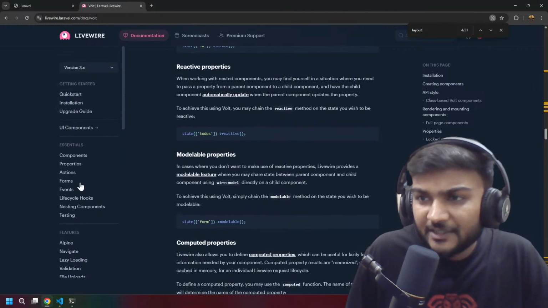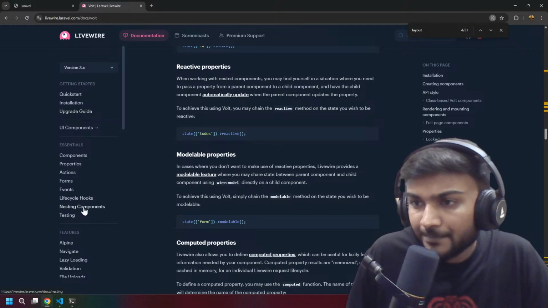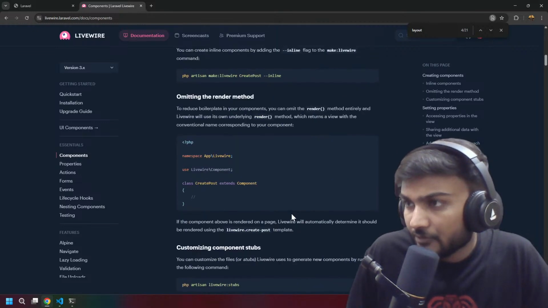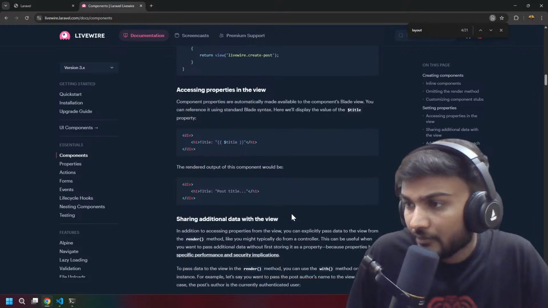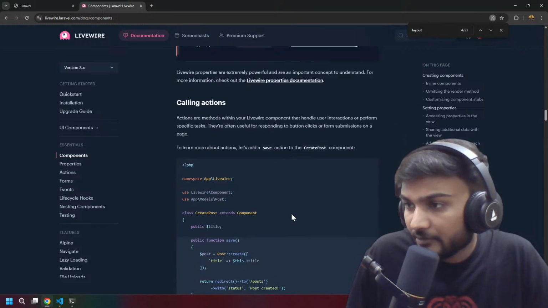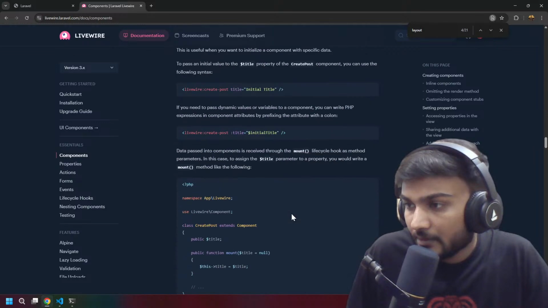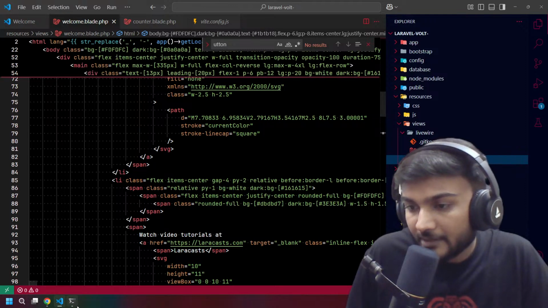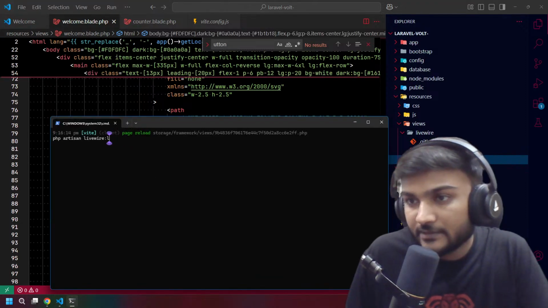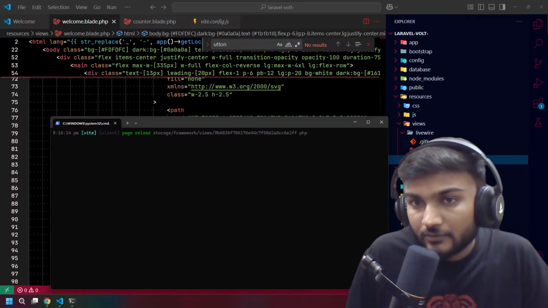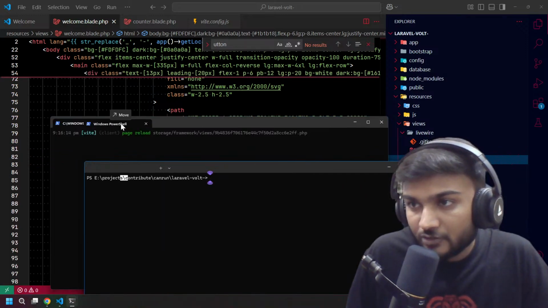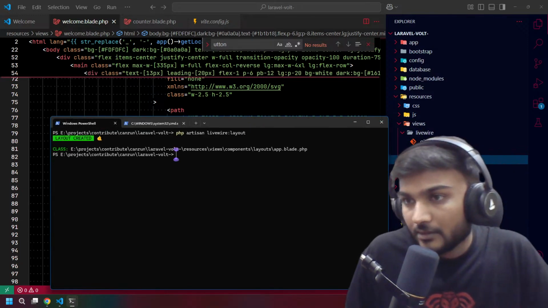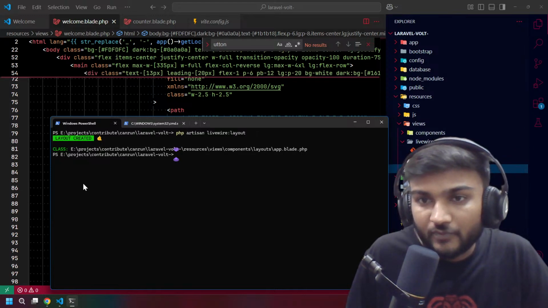Okay, so basically for layout we need to reach out to Livewire Native, and hopefully we will have a layout make command somewhere over here, I guess. Yeah, this one. So we will just copy this, and not here, we cannot run this here. We need to open another terminal. I just opened the terminal with the help of Herd, right? So Herd has some shortcuts where we can